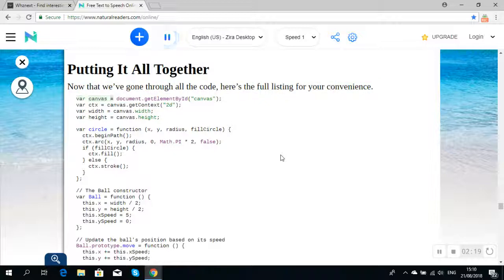var canvas = document.getElementById("canvas"); var ctx = canvas.getContext("2d"); var width = canvas.width; var height = canvas.height; var circle = function (x, y, radius, fillCircle) { ctx.beginPath(); ctx.arc(x, y, radius, 0, Math.PI * 2, false); if (fillCircle) { ctx.fill(); } else { ctx.stroke(); }